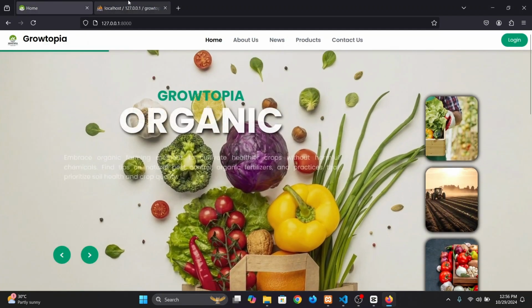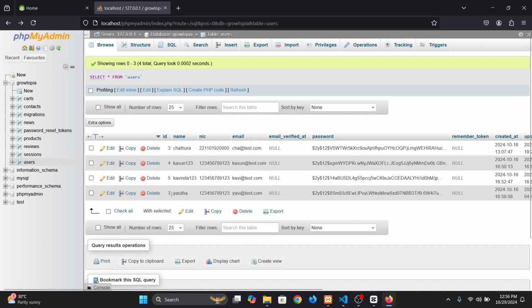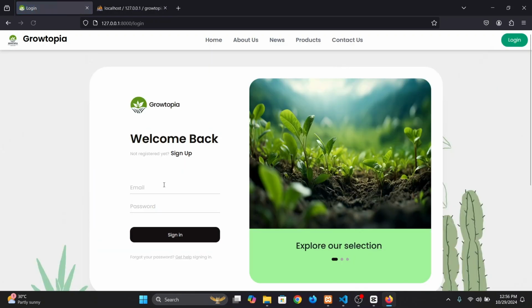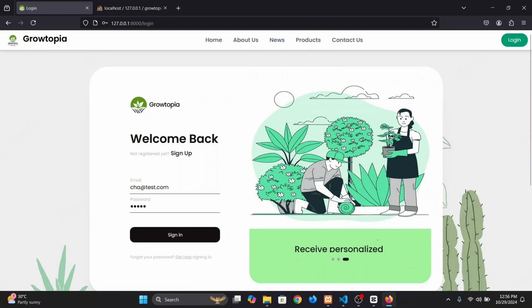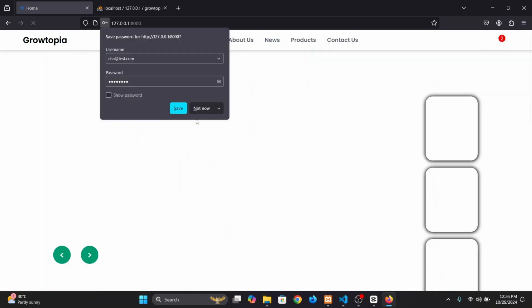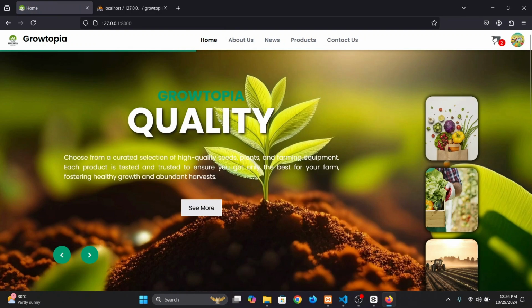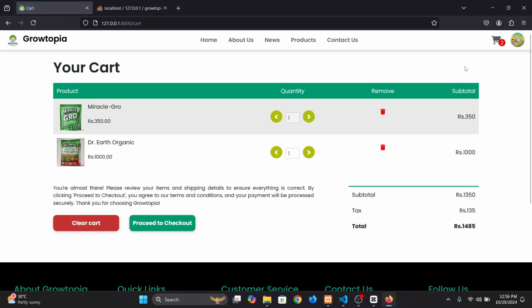Now let's log in as a user that already exists. Let's take Chatura, and his email is cha@test.com. The password is 1 2 3 4 5 6 7 8 9 8. Sorry. After logging in, you can see there are two cart items already